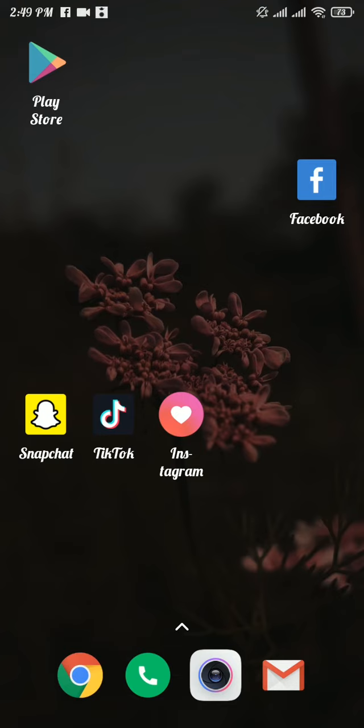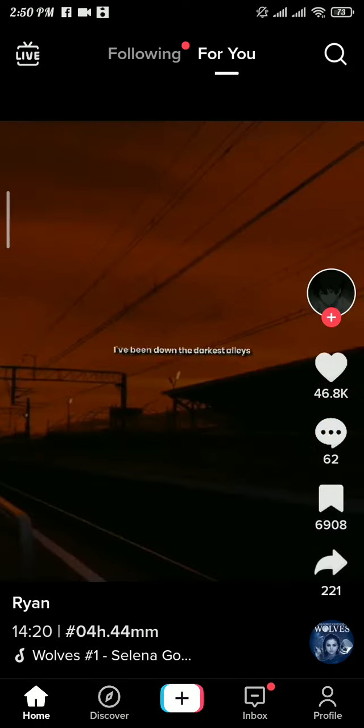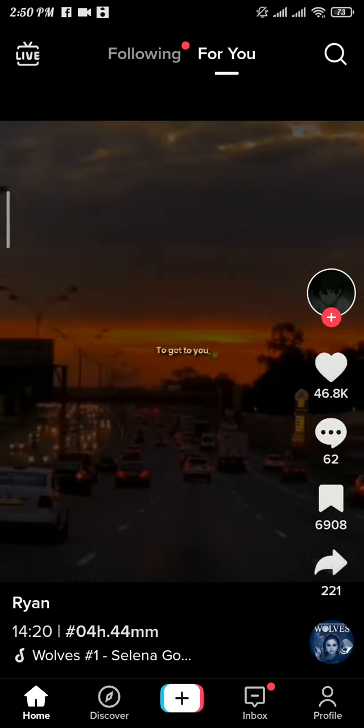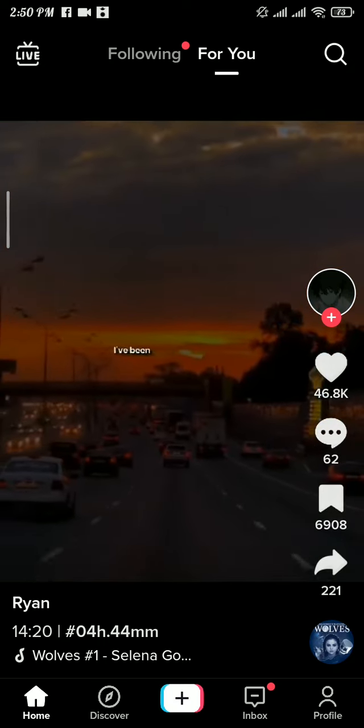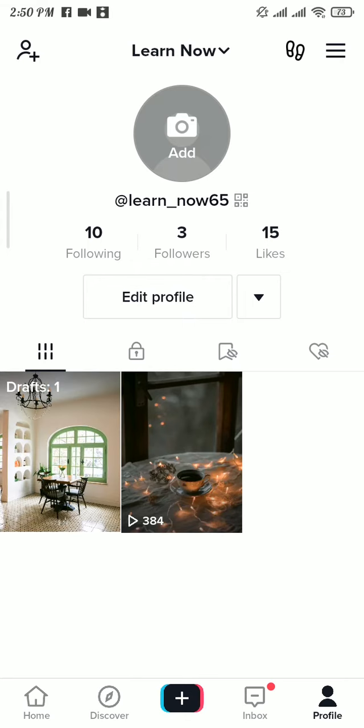Now let's get into it. Firstly, open up the TikTok app. Once you get into it, make sure you have logged into your account. Now from the home screen, head over to the profile section on the bottom right, and from your profile section